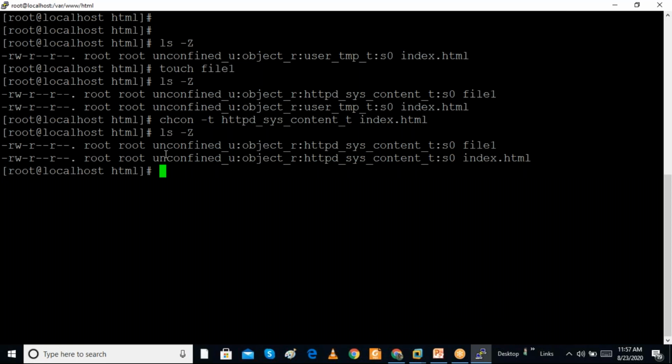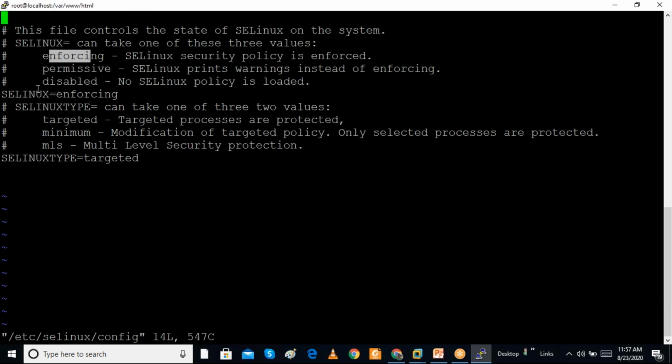One more thing we have to check is how we can enable or disable SELinux. We can go to the /etc/selinux/config file. We can enable it by using enforcing. Enforcing means fully active. Disabled means it is disabled. Permissive means it is in the testing phase; it will just give you warnings.